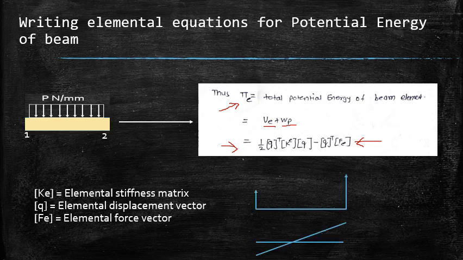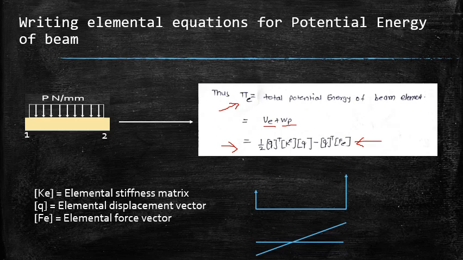Before proceeding further, I would like to mention here, initially we started by choosing a displacement model for the field variable. So our displacement model was a cubic displacement model. Why have we chosen the cubic displacement model? One reason I have told is that the cubic displacement model contains four constants, four coefficients a0, a1, a2 and a3, and there were four boundary conditions. So four coefficients and four equations. That was one of the reasons why we have chosen the